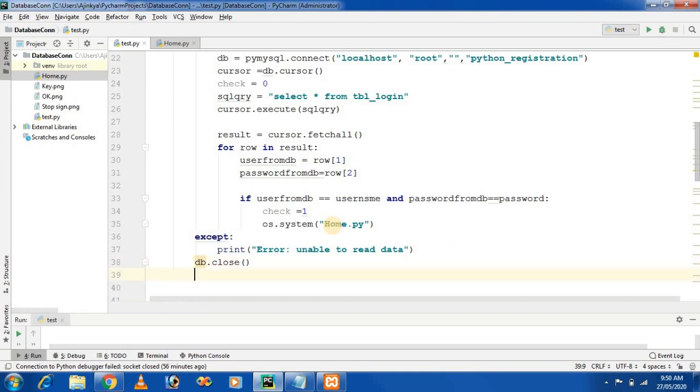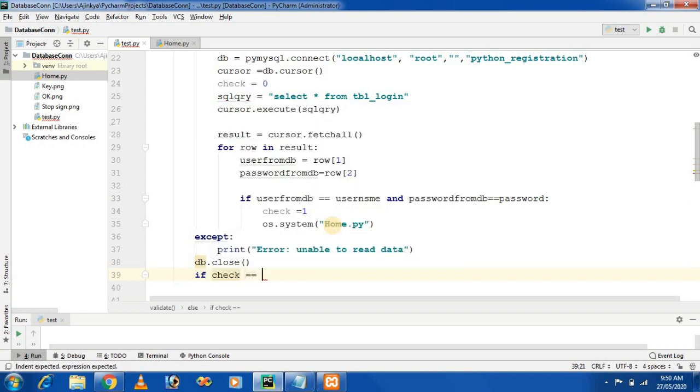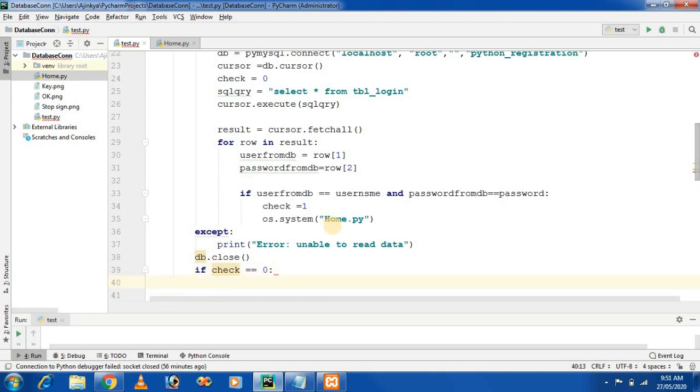If the username and password are both incorrect, so if check is equal to 0, then messagebox dot showinfo, and display the message to the user, please provide valid username and password.